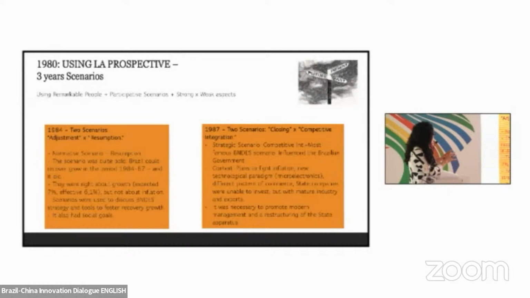So the idea, they say, is that Brazil shouldn't remain in this mediocrity and shouldn't accept this adjustment and should invest in a strategic scenario, and that is the resumption scenario. But they were sure regarding the growth, and totally wrong regarding inflation. The inflation was more challenging than many of them had thought or discussed. So considering this, what happens in Brazil? Unfortunately, Brazil became what I tell my students, we start a stabilization plan.